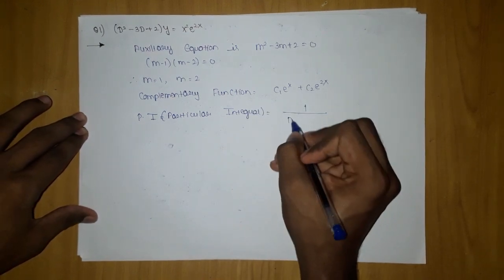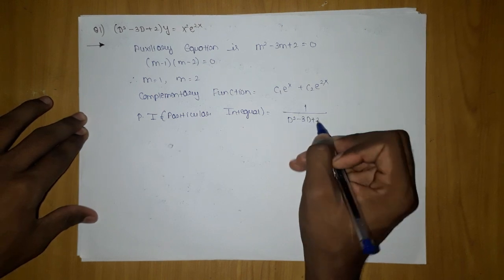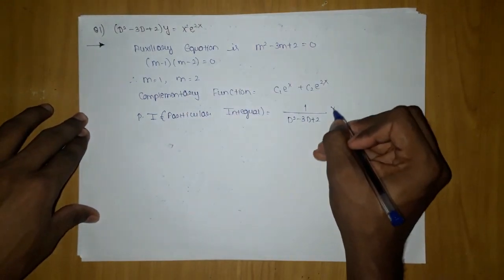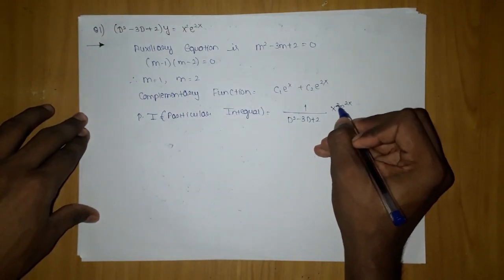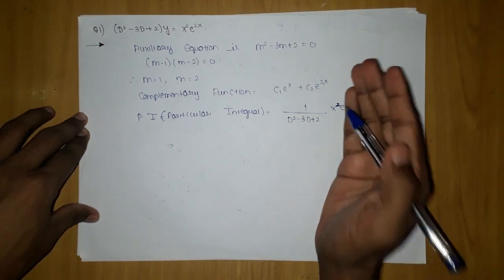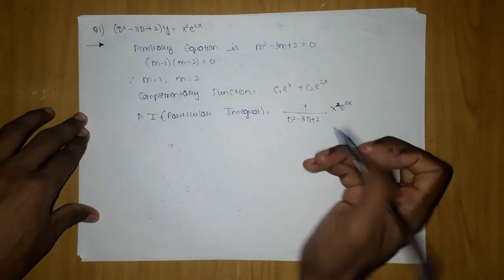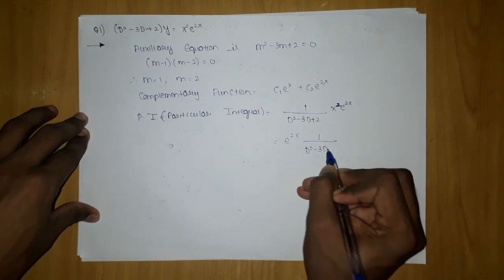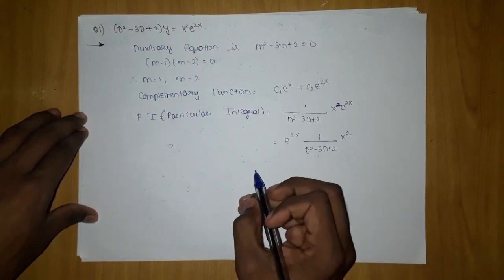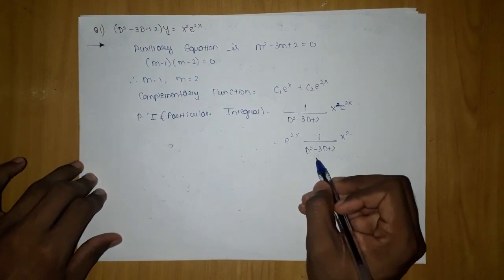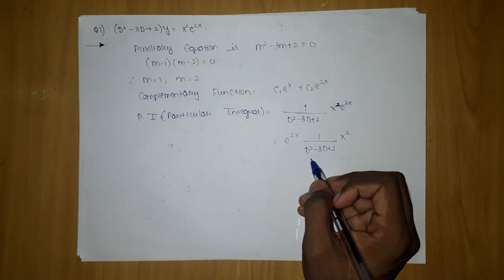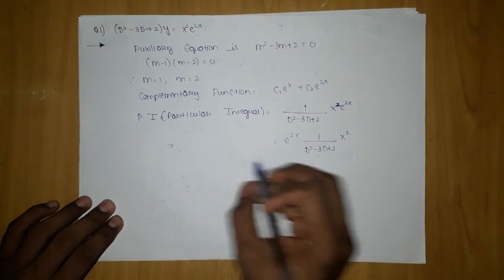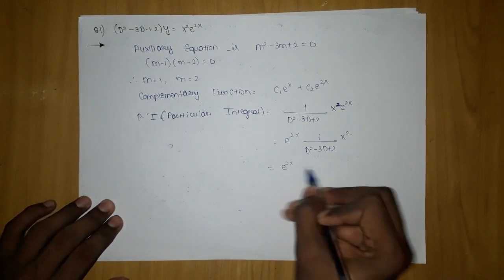So what is going to happen if we do this? We will write 1 by D^2 minus 3D plus 2 into what here will be this thing, which is our Q(x). So if we write this x^2 e^(2x), right? If we write this, we are going to shift e^(2x) from here to here. So what is going to be e^(2x) 1 by D^2 minus 3D plus 2 into x^2, right? So now we know this is nothing but type 4, so we are going to solve this as type 4. But here when you shift this, you have to replace D by D plus 2, that we didn't do, I think.